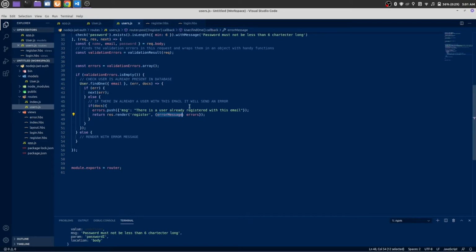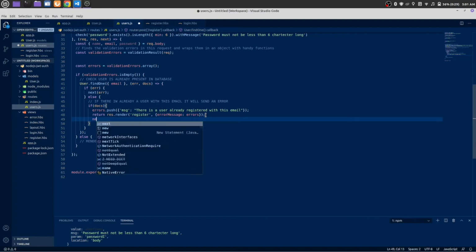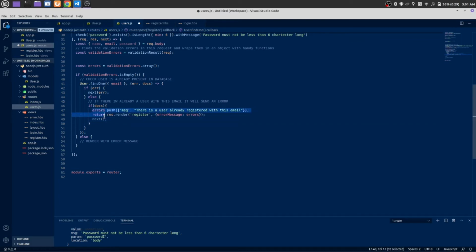Now here I think we also need to call next from here. Next, below this code, everything will not work. Okay, else condition. That means if there is no user with this email address, then we are going to save that